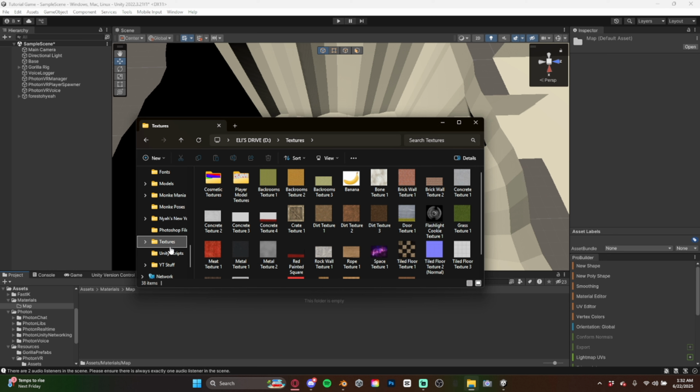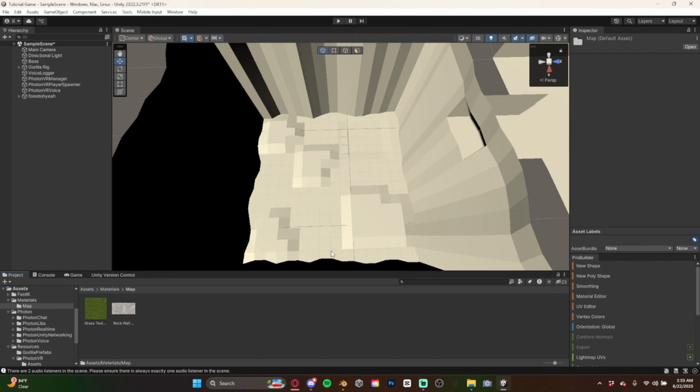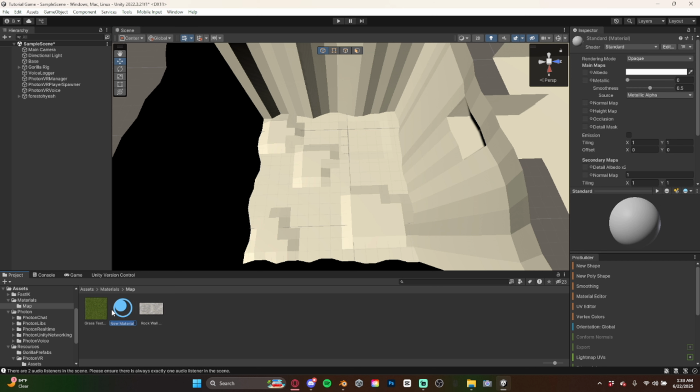I recommend using at least 2. And then you want to drag in your grass texture and also drag in your rock wall texture. Then you want to create 2 materials. You can either do this by clicking create twice, or you can just copy and paste the first material. Cool. Then you drag in the albedo. Okay, so you click grass wall, drag in the texture to albedo,